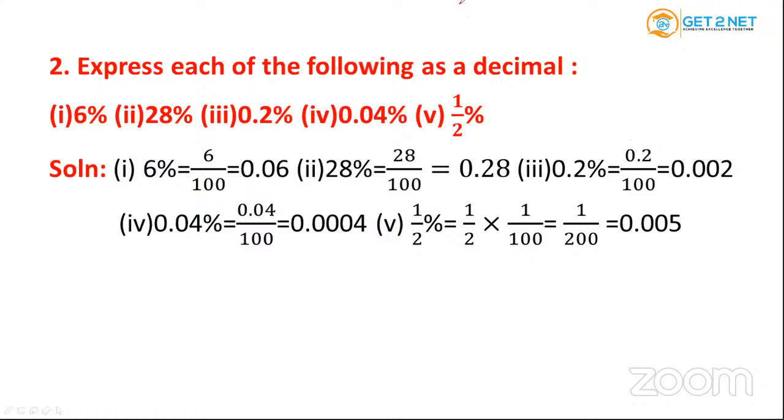Ma'am, 1 by 2 whole divided by 100. हाँ, मैम जब उधर साइड जा रहे हैं वो नंबर, तो वहां पे तो 100 डिवाइडेड बाय 1 होगा ना? ओके, 1 by 2 होल डिवाइडेड बाय 100, राइट? इसके नीचे एक 1 है, यस मैम। तो हम जब दो फ्रैक्शन को डिवाइड करते हैं तो सेकंड वाला उल्टा हो जाएगा। यस मैम, आई गॉट। सो 1 डिवाइडेड बाय 100। ओके, यस मैम।